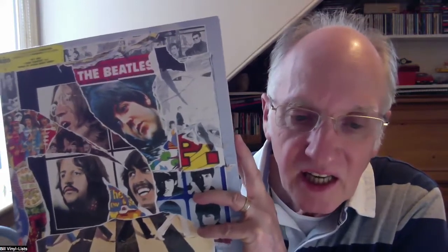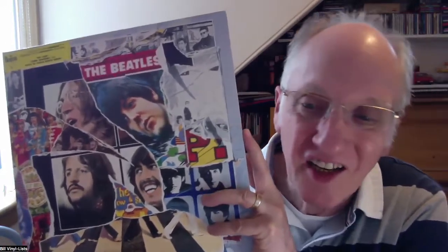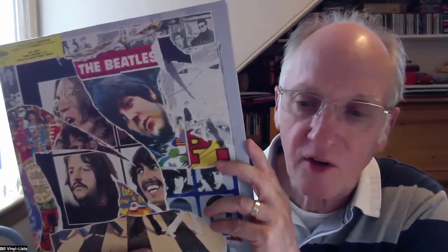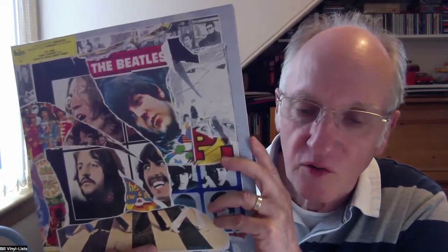And I also have Anthology 1, but this is Anthology 3. Great thing about the Anthology records, some people might think, we've got all this stuff already, but it's just a new take, well, an old take, an alternate take on the Beatles and the songs and tunes that we know so well. This one has, on I think side 6, a really nice a cappella version of Because. So it's really wonderful, just those 4 voices,